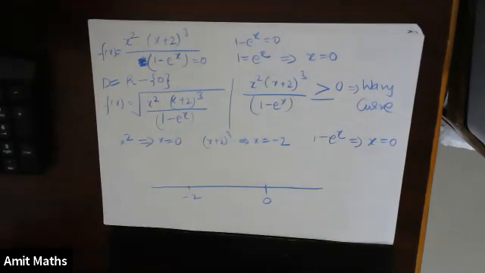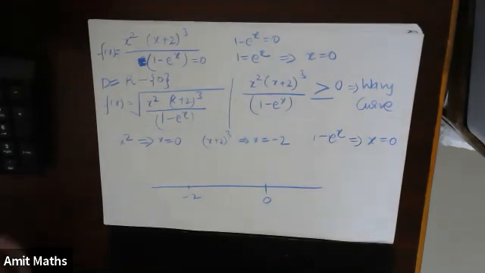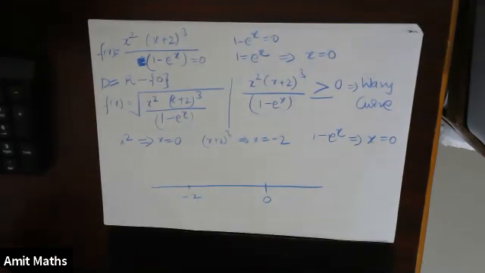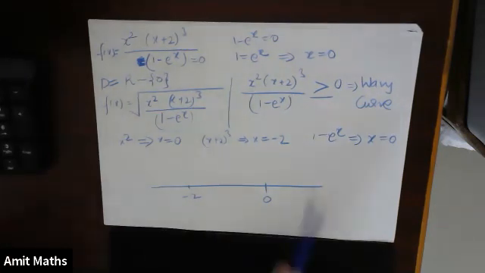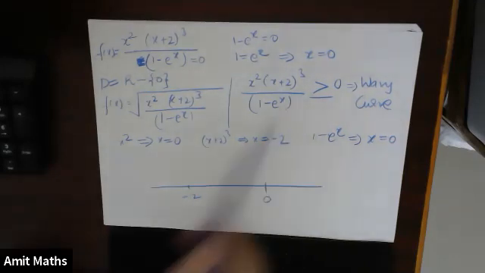Now, what was the third step? At one extreme, at x tending to infinity, what will I do? I will try to find out the overall sign of the total function, if you remember. At x tending to infinity, I will take a very large number. Whatever largest number you can think of, just substitute in the original function.